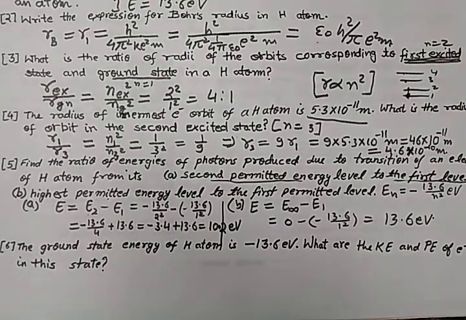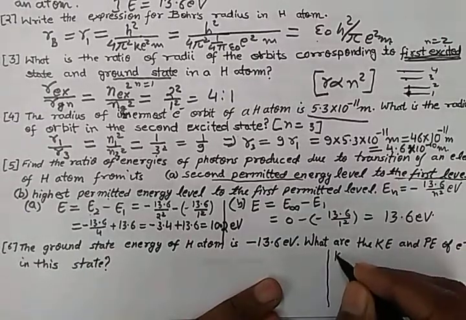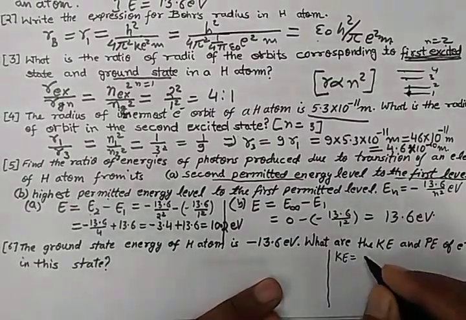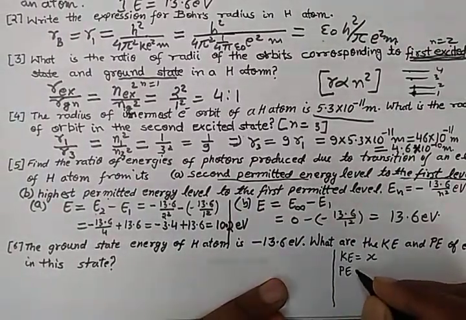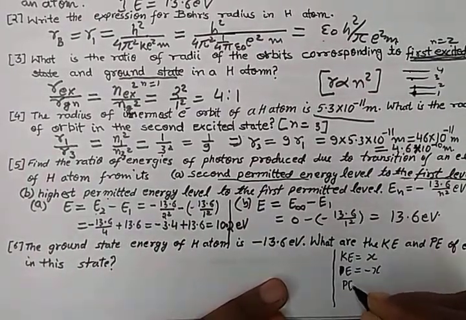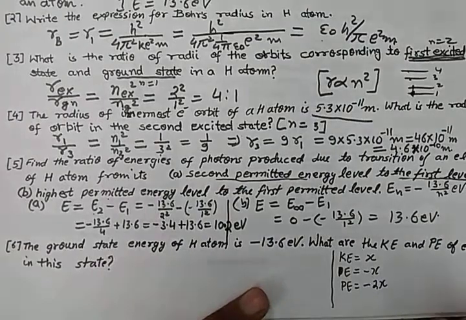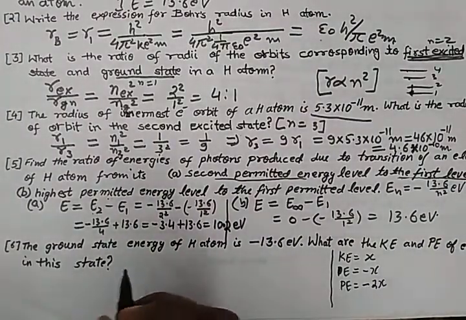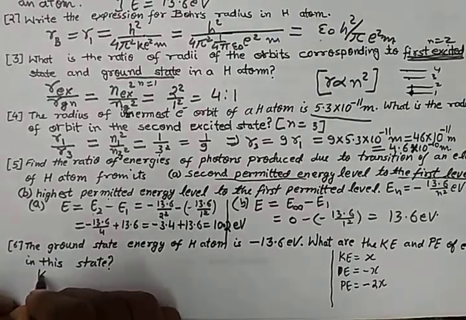Alright, next question. The ground state energy of hydrogen atom is 13.6 electron volt. What are the kinetic and potential energy? Just remember this picture in your mind: if kinetic energy is x, then total energy is minus x, and potential energy is minus twice of x. So keeping this picture in mind, we can say in reply,